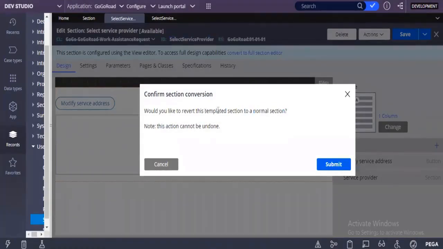This is a template section. This is a design template which was introduced in the latest versions of Pega. This is useful; they will tell you that you can build low code, like if you have any simple requirements, you can configure from here itself. But generally I'm saying, 90% of the time no one will use this one.